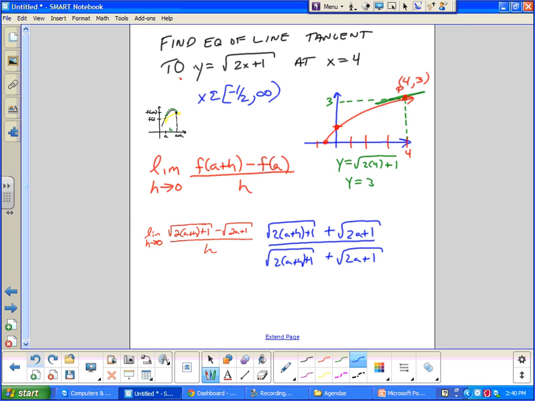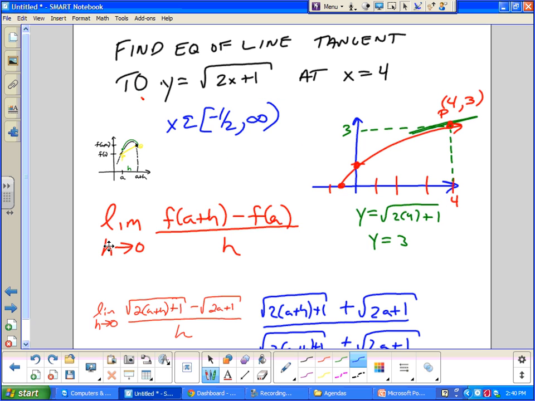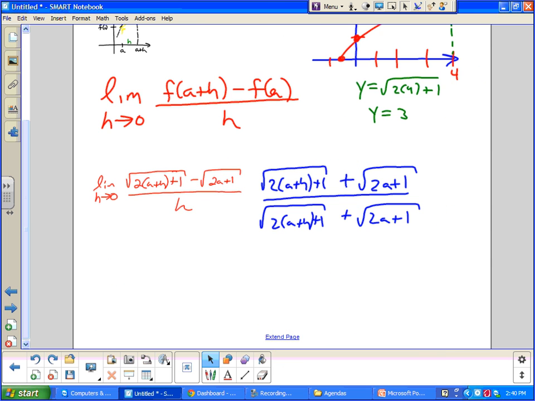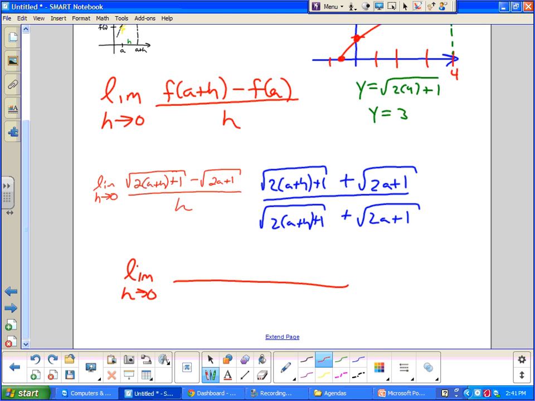So we do that multiplication. I'll take it back down to 100% so we can see what's going on. When you multiply conjugates, you don't have to worry about a middle term. So I get the limit as h approaches 0 of these two radicals become 2 times a plus h plus 1 minus these two radicals become 2a plus 1,